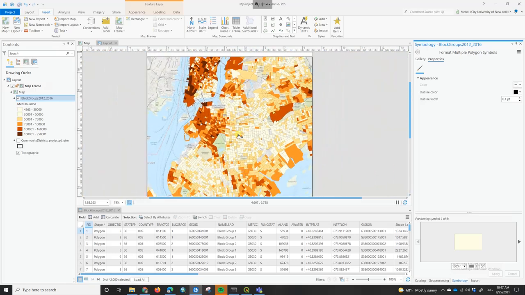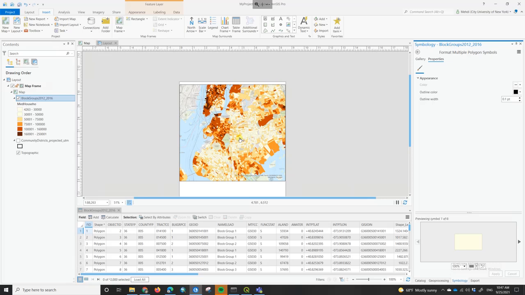So this is, I would say, much better than the default colors, and you can see the block separation, and also the hotspots of the map are very clear now. You have to be very careful about presentation and choosing your color ramps, using your symbols, outline colors, and outline width to make sure that your map really